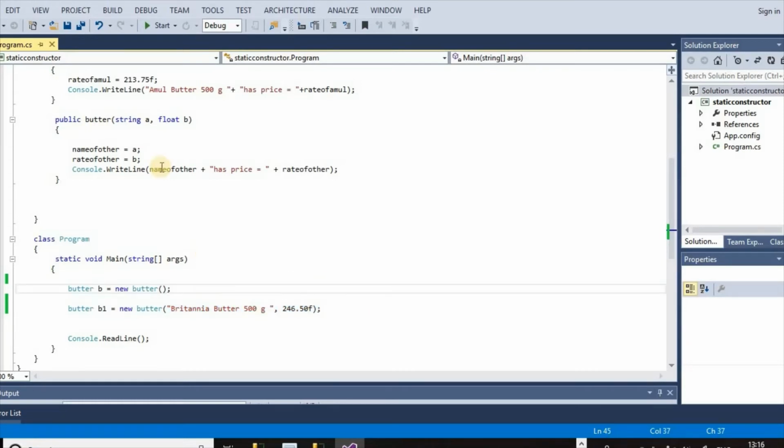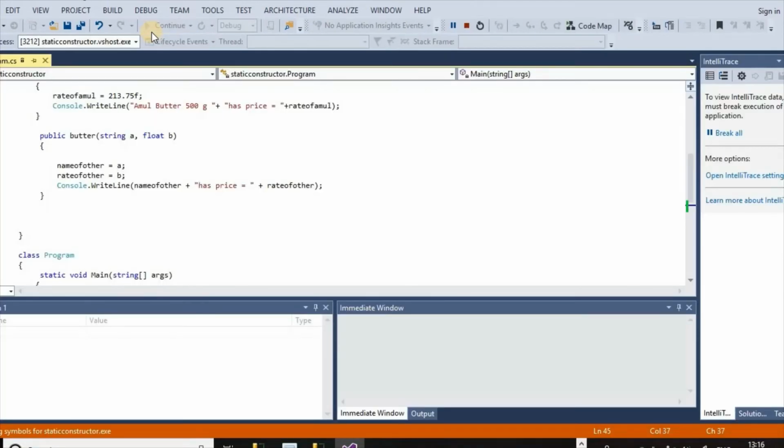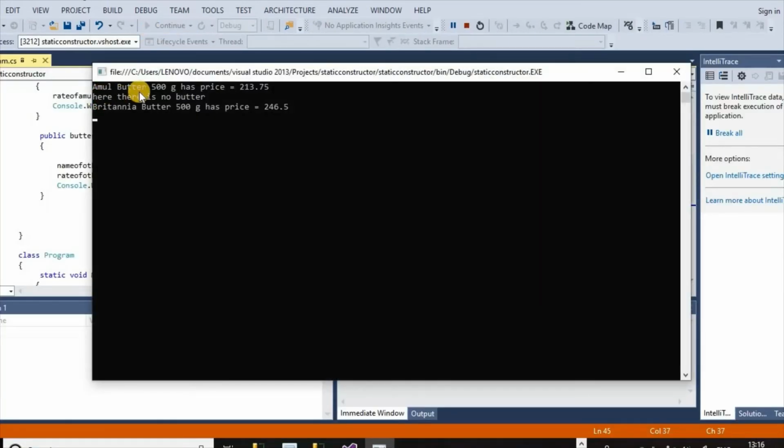If we execute the program, here we get the output: Amul butter 500 gram has price is equal to 213.75. Here there is no butter. Britannia butter 500 gram has price is equal to 246.50.